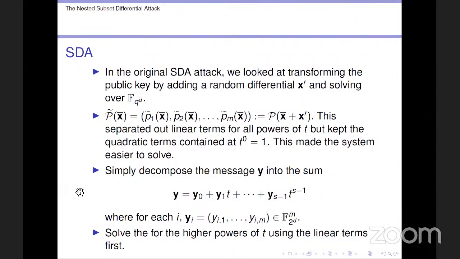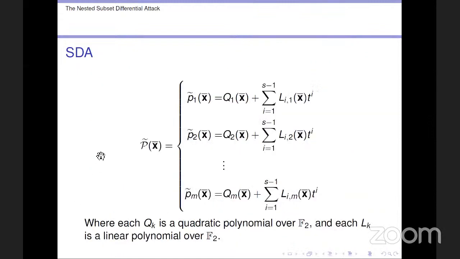And we solved for the higher powers of t using the linear terms first. And that's because p tilde of x bar takes the following shape, where we have these quadratic terms next to t to the power of 0 and a bunch of linear terms for all the other powers of t. So we solve for the higher powers of t using the linear terms first, and then at the end solve for the quadratic terms. And this is easier, provided it's possible to do, which means do we have sufficiently many